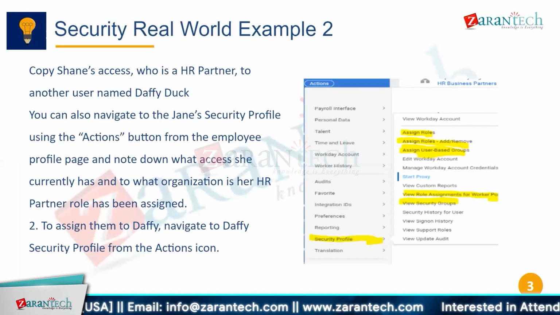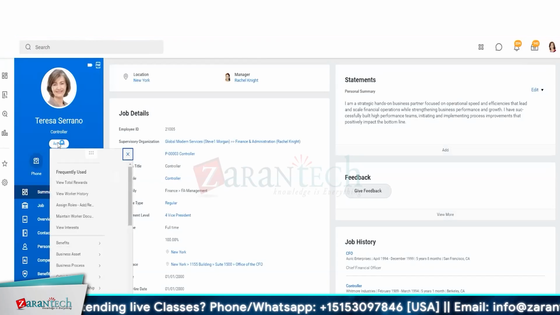You can also navigate Jane's security profile using the action button from the employee profile page and note down what access she currently has and to what organization an HR partner role has been assigned. Assign them to Daffy, navigate Daffy's security profile from the action icon. Would you like me to do this for you, or would you like to do it yourself and try it out? Actions,